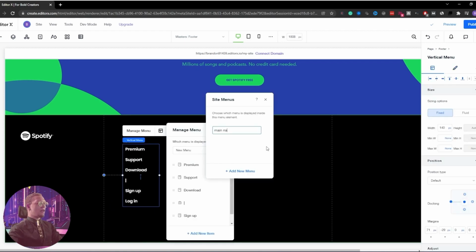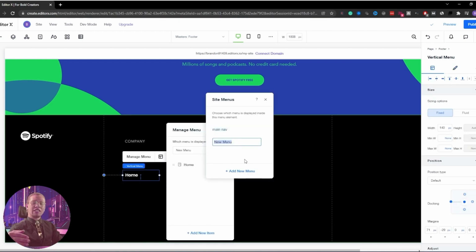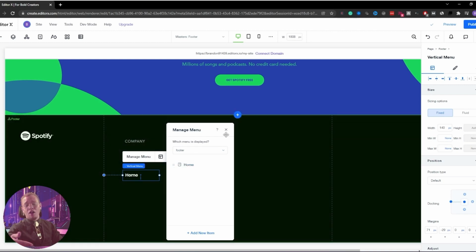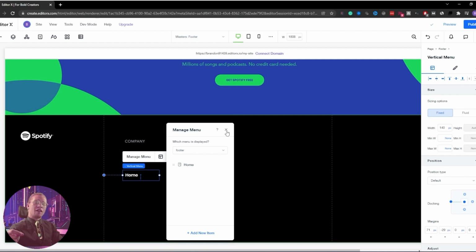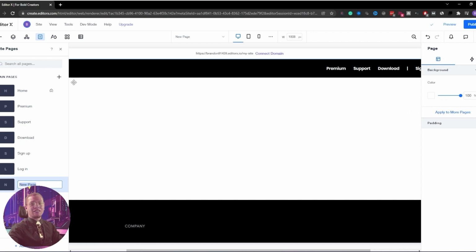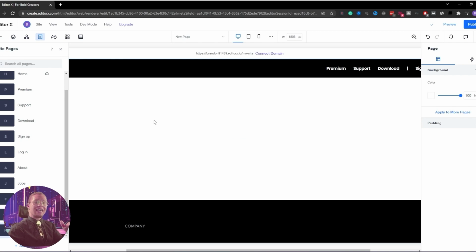So easy. So now what I'm doing is I am essentially, just like we did with the main navigation, now creating a footer navigation. So I'm creating a new menu or new menu type, and from here I essentially have to make all the different pages for each one of the footer segment menus. So what you guys see me doing here is I'm essentially creating the new menus, or essentially the new pages. So we've created the login, we've created the about, we've created the jobs, and I'm just adding in one page